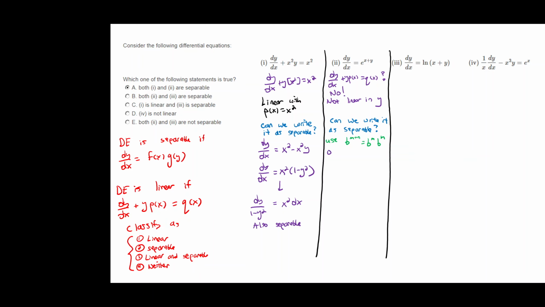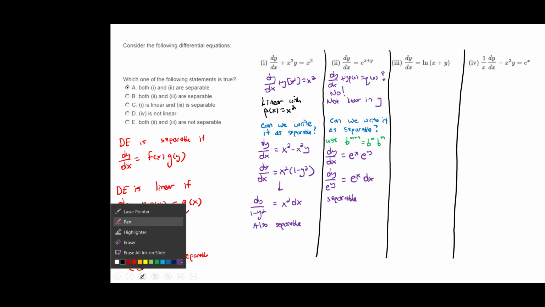So we have dy by dx is equal to e to the x multiplied by e to the y. Still not linear in y, but I can now separate the variables. So dy over e to the y is equal to e to the x dx, so separable. Let's classify the next one, even though we're able to answer the question now. Yeah, I know it's circled already, but